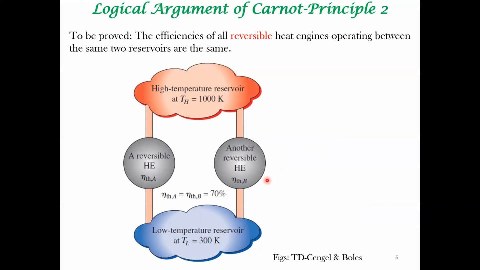So again, what is to be noted? Whenever you say one heat engine has greater efficiency, okay, so what is lesser? The heat rejected into the low temperature reservoir is lesser. Okay, that's a crucial thing to notice for proving, just via logic, Carnot's second principle.